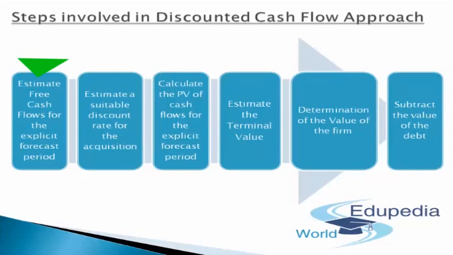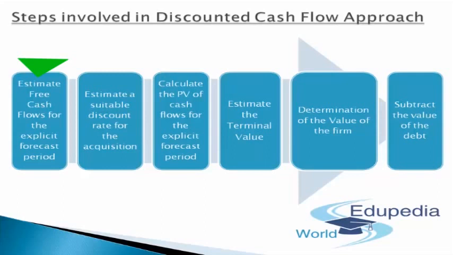The free cash flows usually represent the cash flow which is available to all the suppliers of capital of the firm. These include equity holders, preference shareholders, debt holders, and so on. So the free cash flow is basically the gross cash flow of the firm, from which we subtract taxes, investments, and changes in net working capital, and to which we add back depreciation and non-cash charges. Remember guys, we did discuss that topic in my last presentation.